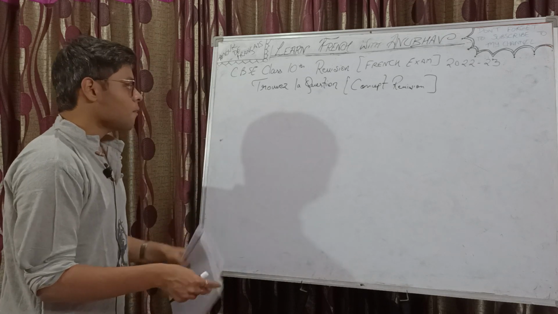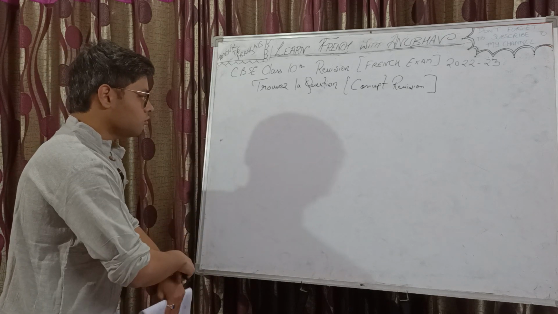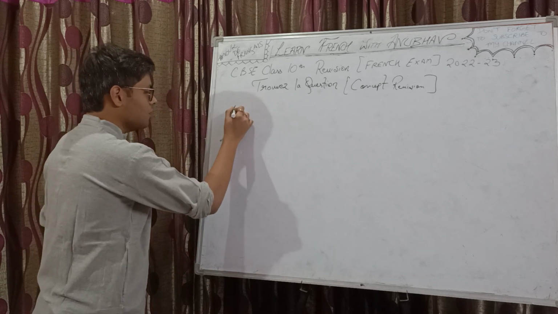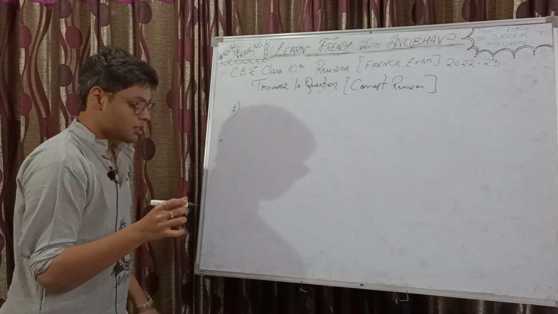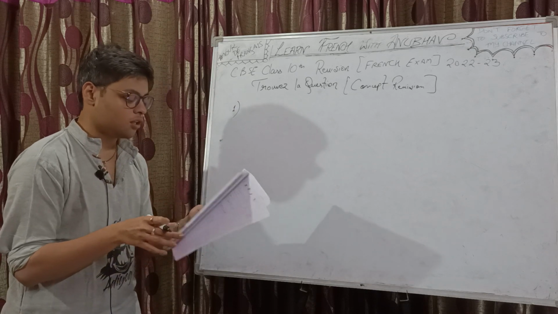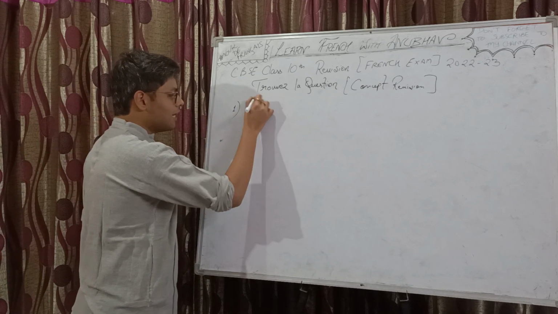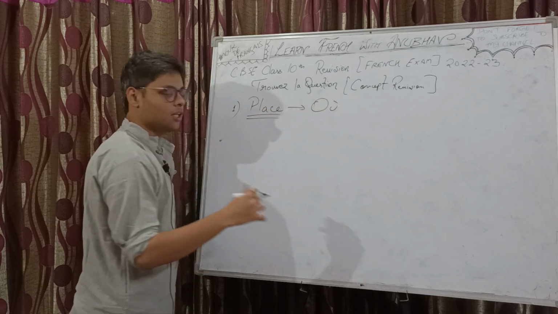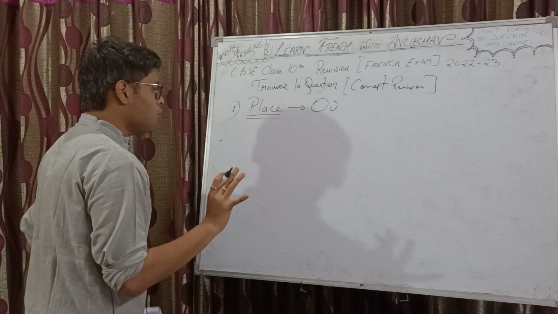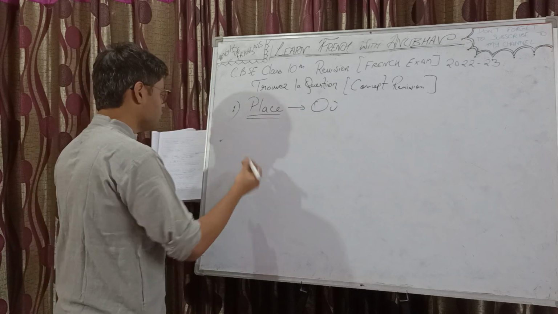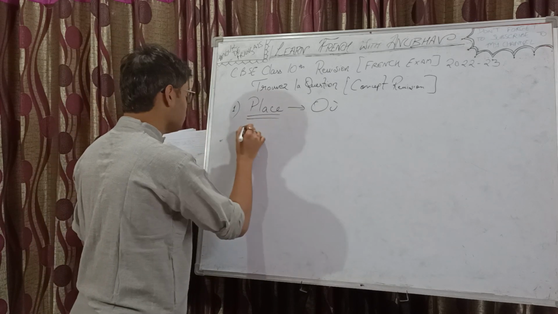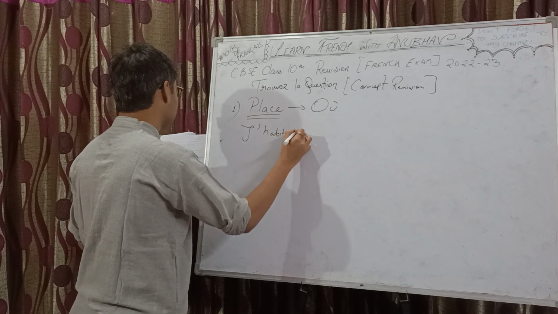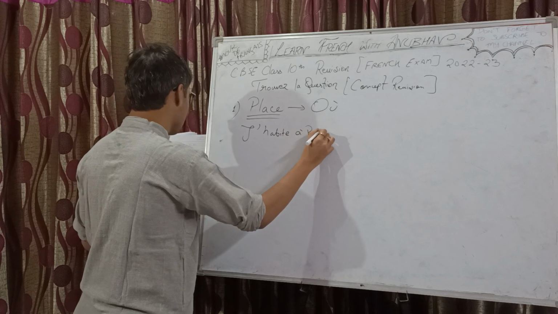Right. So, okay. Now, let's discuss the type of questions that you can get in Trouvez la question. Okay. Based on the sample paper and previous year's papers, I have enlisted 7-8 types. So, first question you can get is of place. Now, when it's place, you know how to form the question. It's with où, and then you can form with the inversion, right? Now, what sort of replies you can have in order to make a question for où? You can have with habiter, like j'habite. Say j'habite à Paris, or